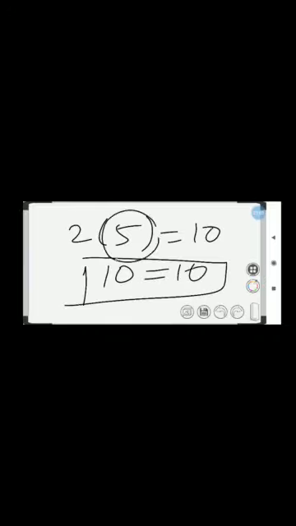That means by using those 10 matchsticks, I can form 5 letter L, because the left hand side and the right hand side are equal. So 5 is the answer. So imagine, students, just find the pattern first, and the value for which the left side and right side are both equal, that is your correct answer.